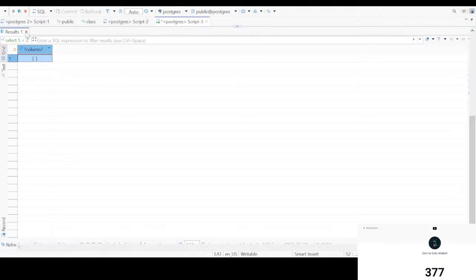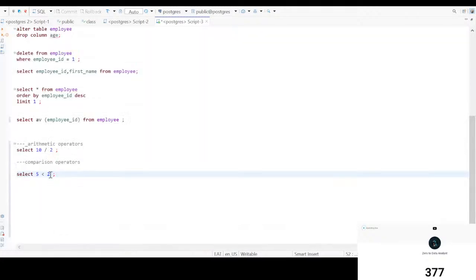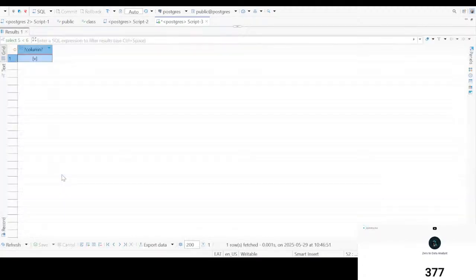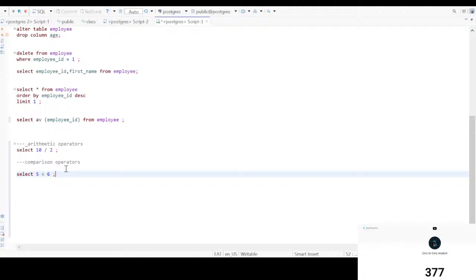So let's go ahead and do the other one. So 5 is less than 6. If you do so, you get a square bracket that has v inside, meaning that it is a true value. Okay, there we go. As you can see, we have a square bracket that contains v. Yeah, that's good. The other operator we have is